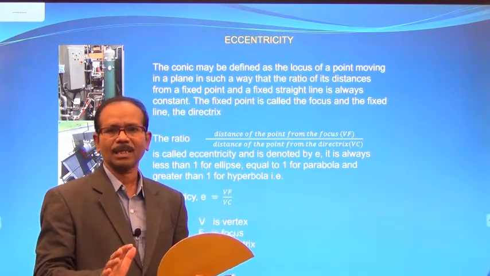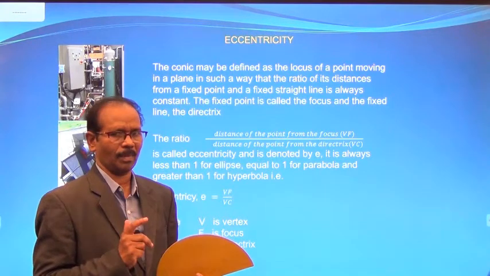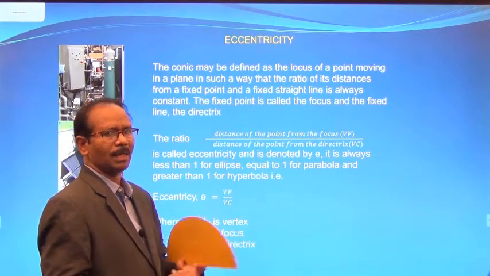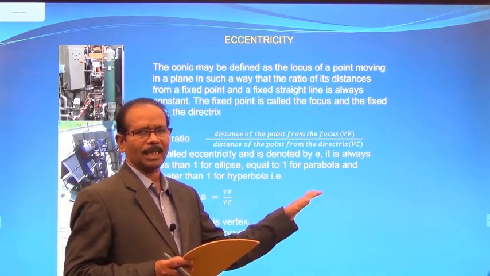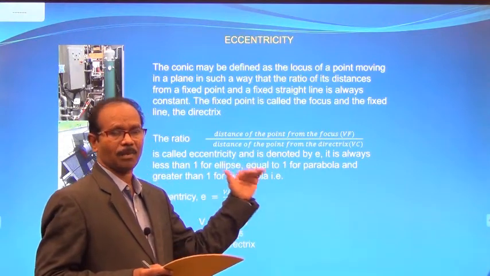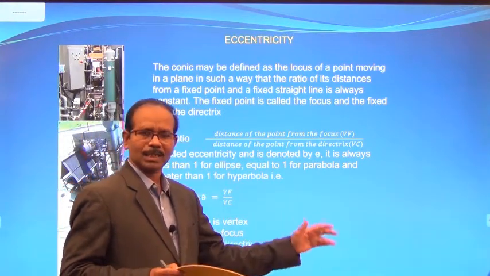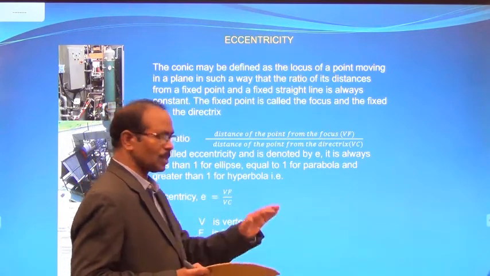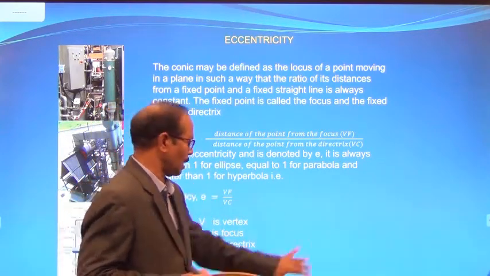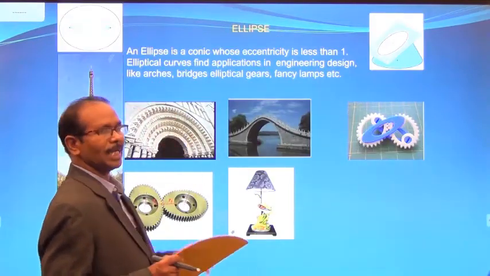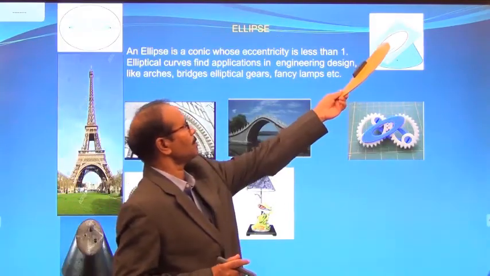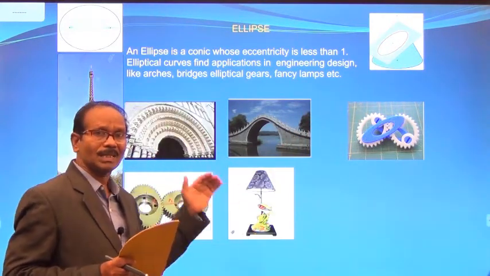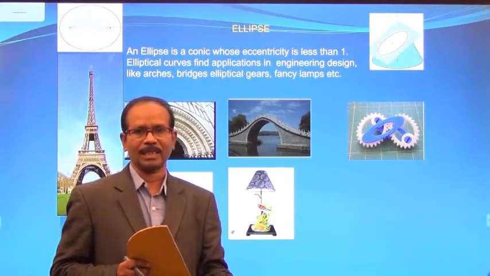This is the basic concept of these conical curves. But our main aim is how to draw conical curves. That is the main theory part. Anybody can read the theoretical part, but we need to know the procedure: how to construct a parabola, how to construct an ellipse. So I'm going to start with the ellipse. This is the ellipse. This is the section plane, and the obtained curve is an ellipse. Now, how to construct the ellipse? What are its applications?